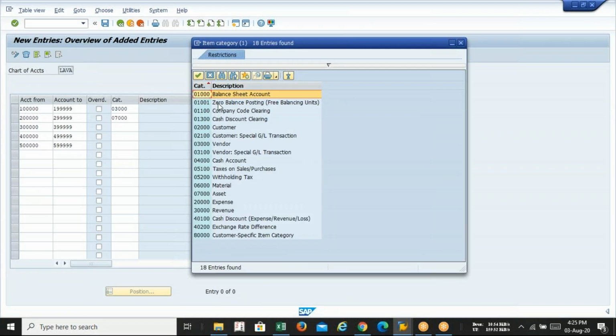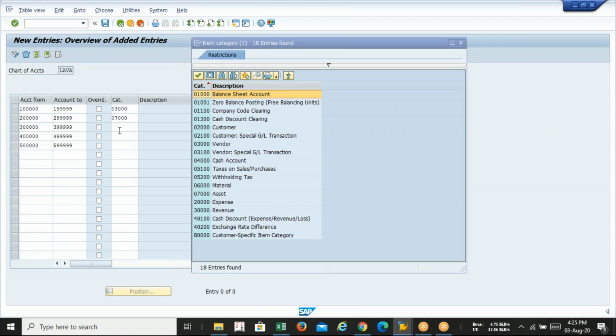This table has been defined by the SAP programmer, so whenever you select any option from it, that is the final selection. If you assign asset to this number range, SAP will classify all GLs falling within this range as asset.